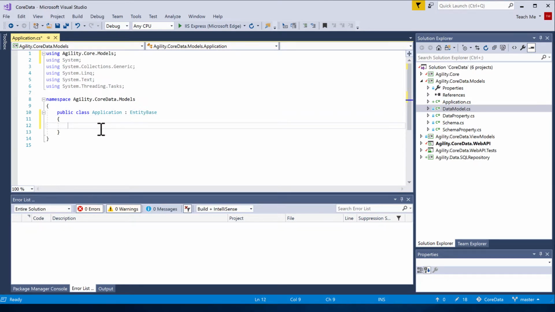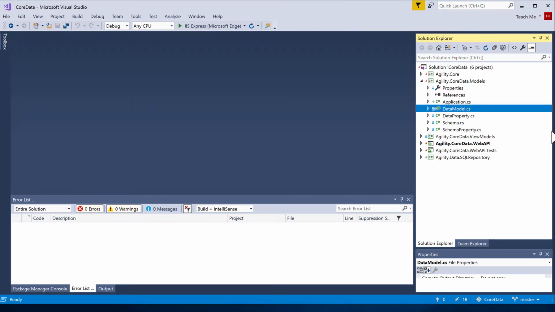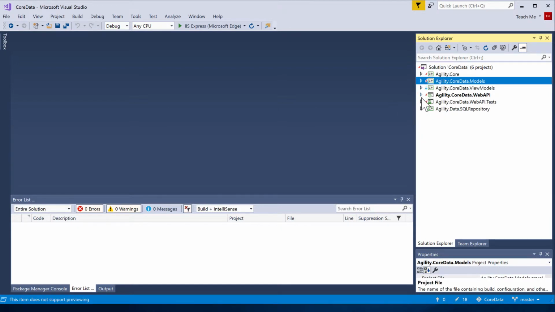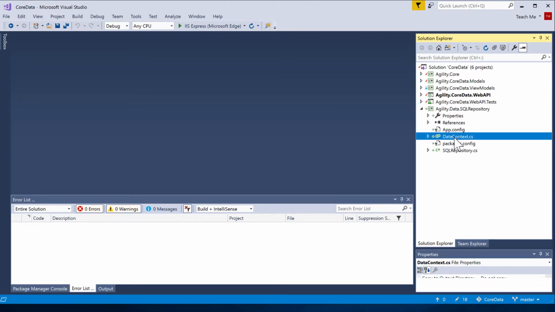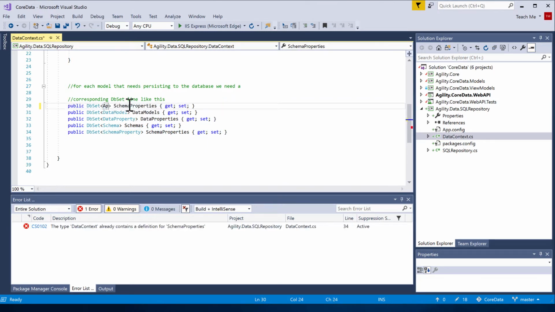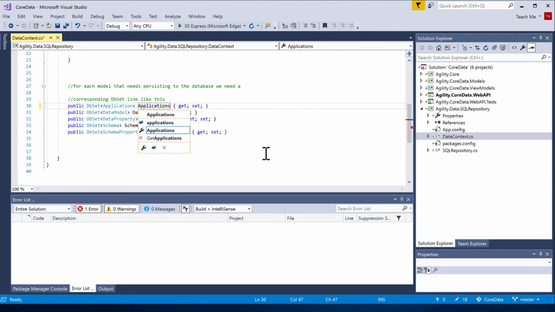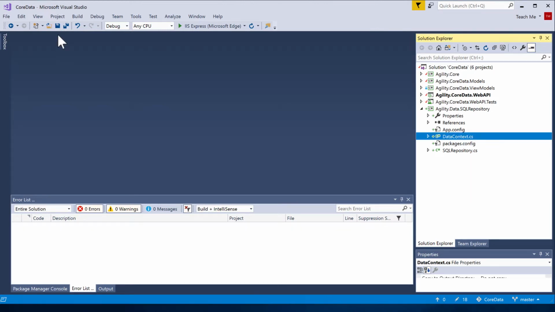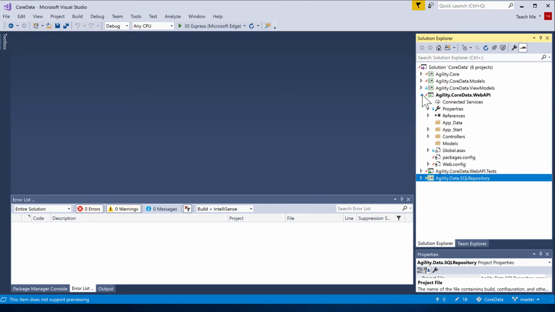And all we're going to have is a single property called ApplicationName. So let's add that. Next, let's go into our SQL repository and update the DataContext to add the applications. And now what we're going to do, back in our web API, is